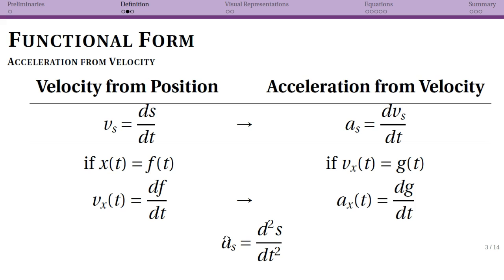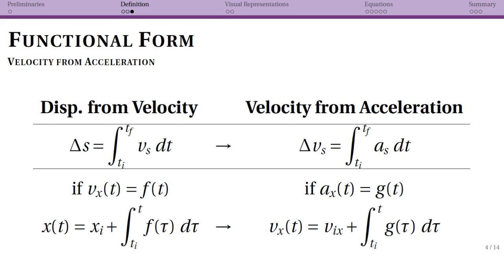Now going the other way and thinking about how you get position from acceleration, that will be in a few slides and will have to be done in fairly great detail. So now we can go somewhat the other way and think about getting velocity or change in velocity from acceleration. This is analogous to getting displacement or change in position from velocity. So before we said that acceleration was your time derivative of velocity, so change in velocity will be